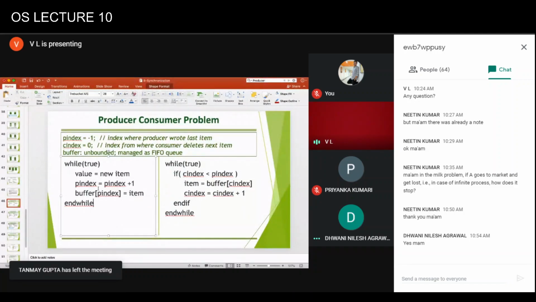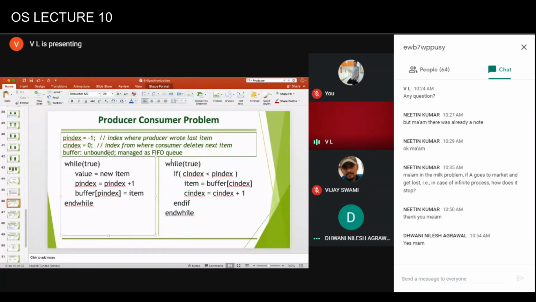Okay, think what can happen if the context switch takes place before the producer puts the item. The producer increments the P index, but before it could put that item into the buffer, the consumer gets a chance. Now the P index has been incremented, so the consumer feels that one item has been produced, but the item has not actually been written to the buffer. So the consumer may end up reading a value which is incorrect, something garbage, an item which was not yet produced.